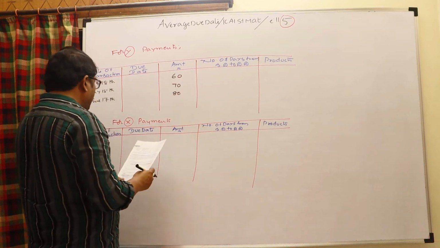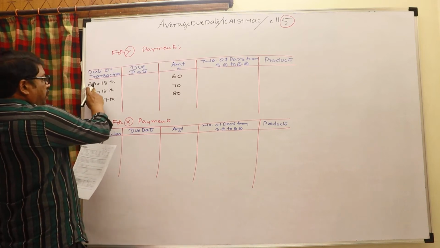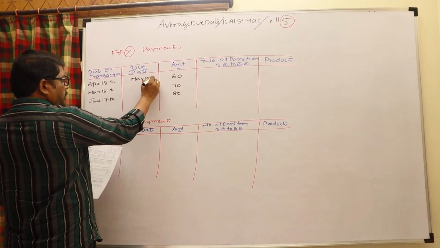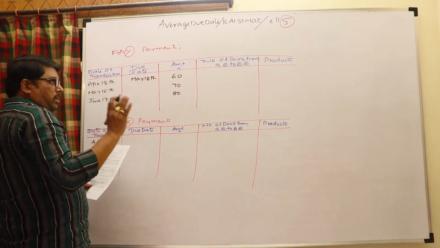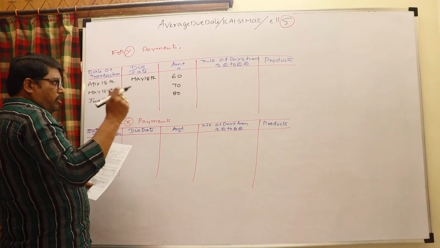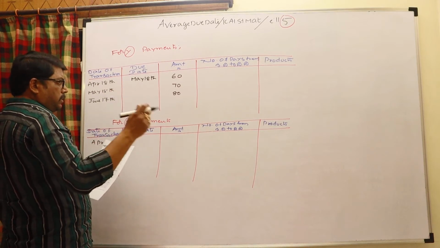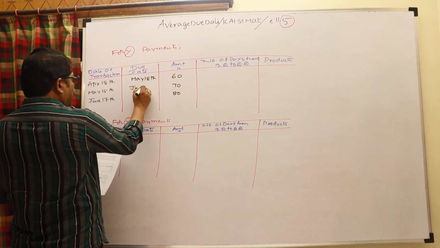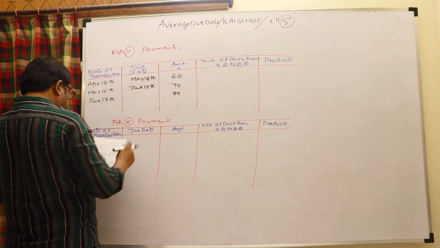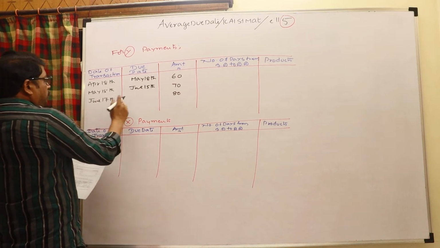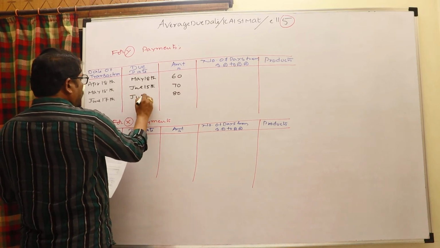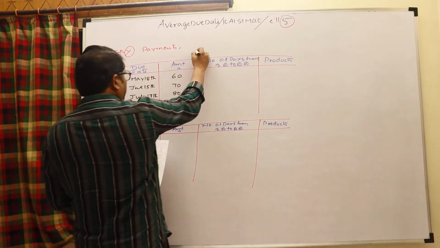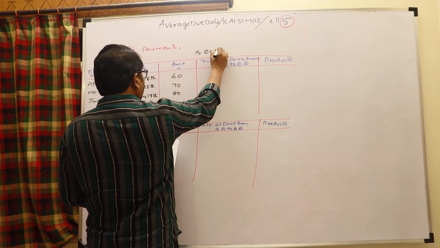There is a 1 month credit period. 1 month credit period means April 18th becomes May 18th. We need not add grace days because this is not a bill. For 1 month credit or 1 week credit, you just add the number of days; only for a bill should grace days be added. May 15th means June 15th. June 17th plus 1 month means July 17th. Out of these, the earliest date you may select as the base date, and the base date here is May 18th.